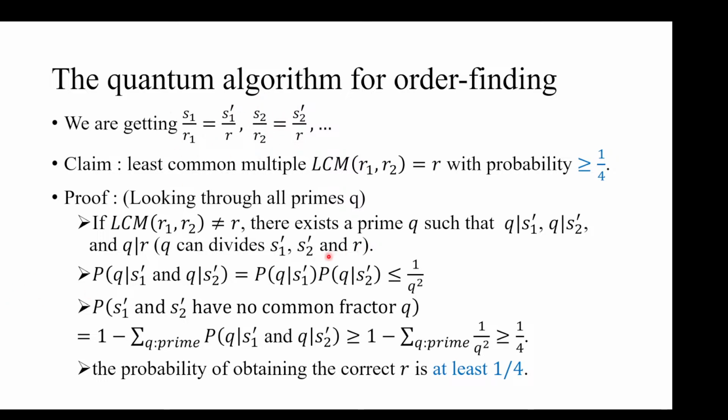Okay, so the common factor must be composed of some primes, and so basically there should be some prime number that is part of the prime factors between S1 prime and R, and also between S2 prime and R. Okay, and that's because